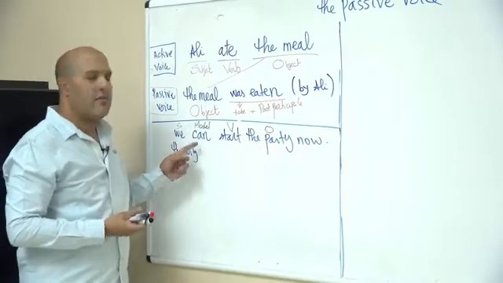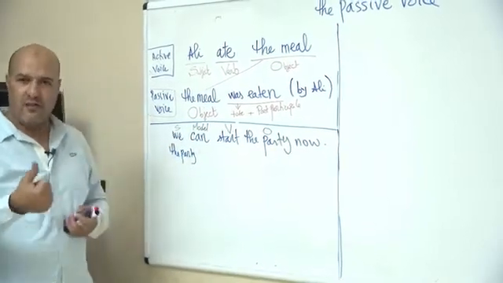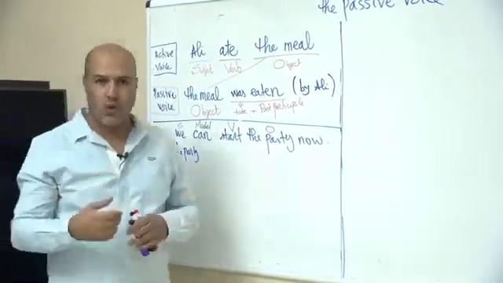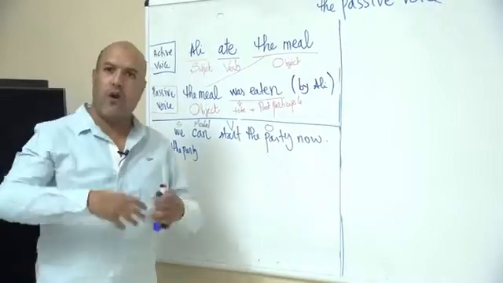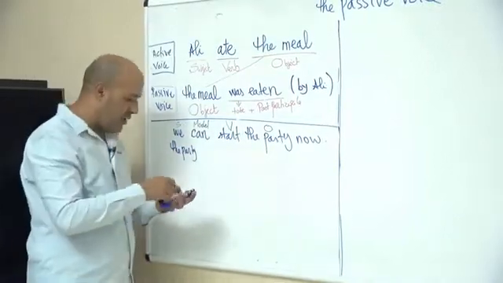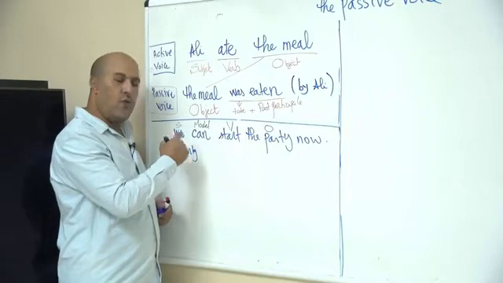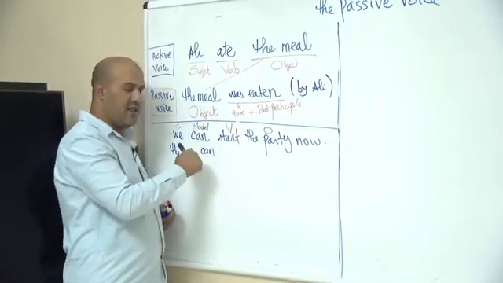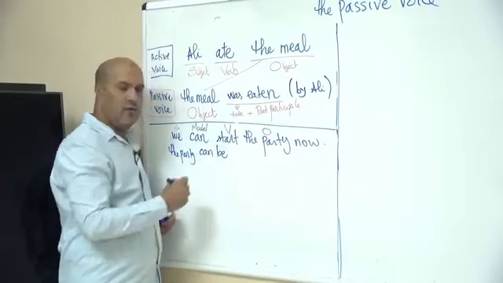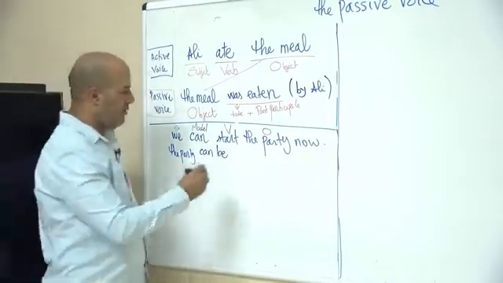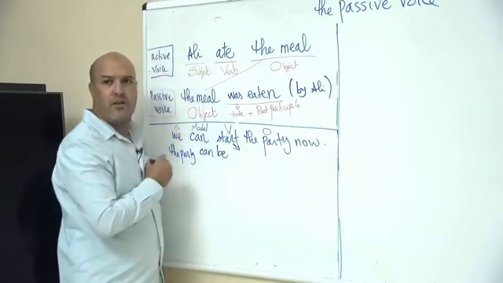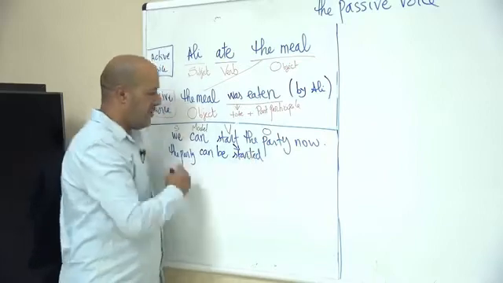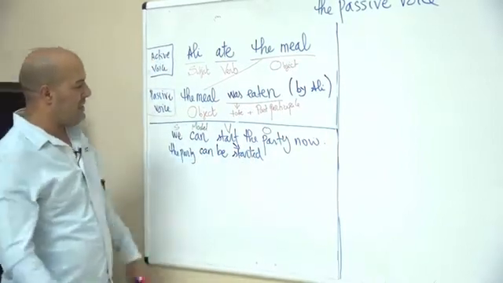So when we have a modal verb, of course, modal verbs, I'll remind you, are can, must, may, might, have to, has to, ought to, should, will, would. All these are modal verbs. So when we have them in the sentence and we want to switch the sentence to the passive voice, the party can, so that means we keep the same modal verb plus be. So the modal can be, and this verb should be changed to the past participle. So started. So the party can be started